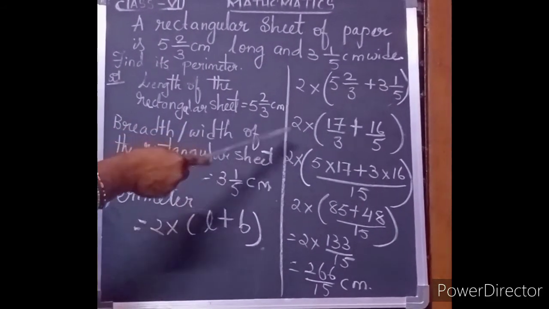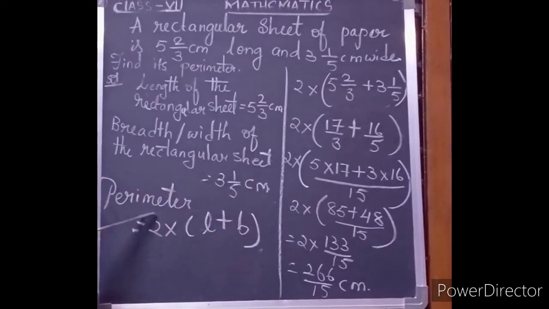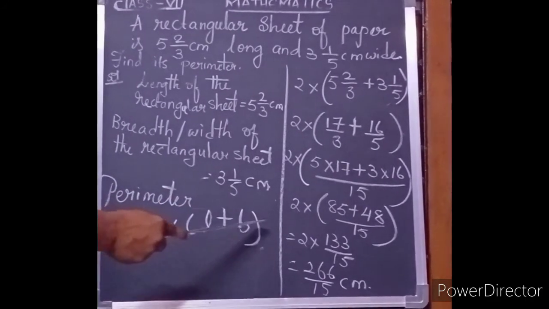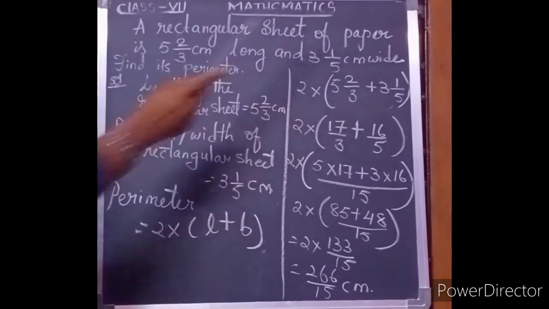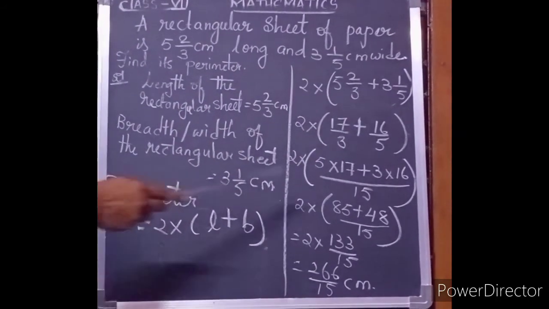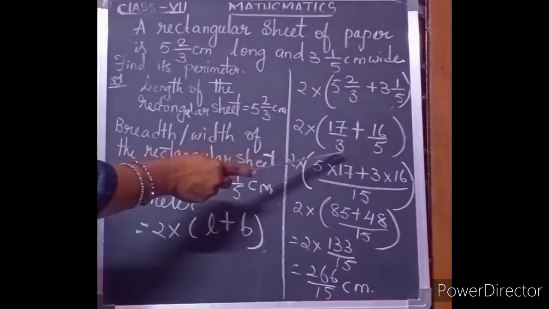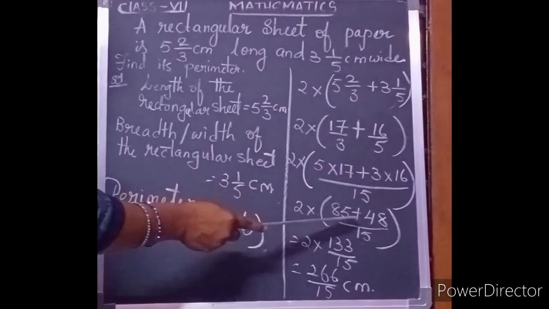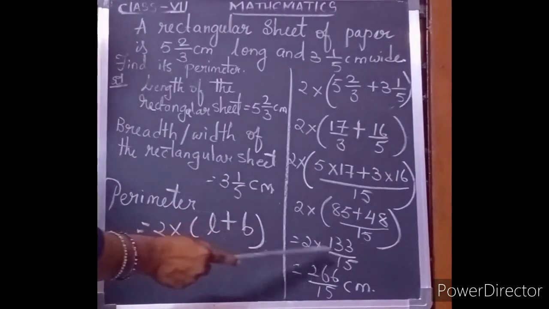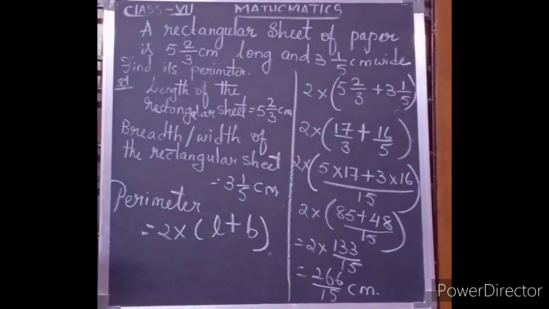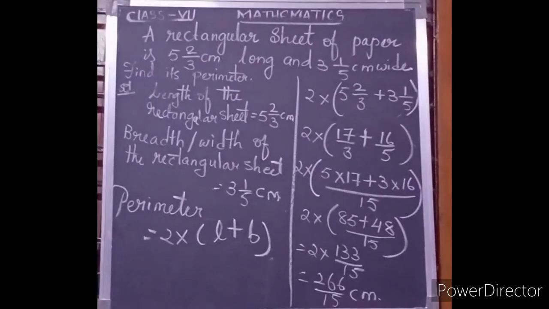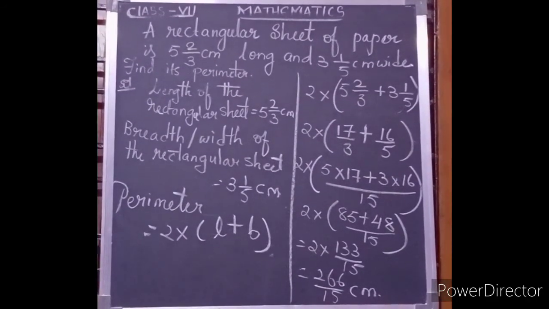First what should we do? First we take the length, next the breadth, next the perimeter formula, 2 into length plus breadth. Next, insert the numbers in the formula, that is the length and breadth. Next take the LCM. After the LCM, multiply and then add the bracket ones, and then multiply. You will get the answer. Is it clear, children? Carefully go through the exercises and do them neatly in the book, children. Thank you.